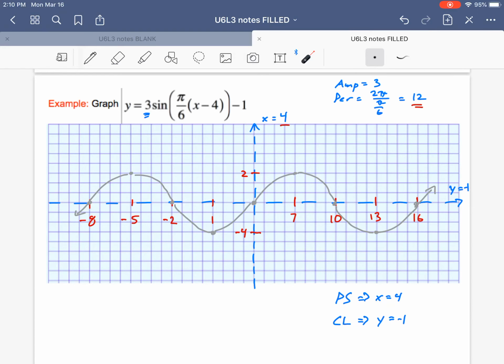One other thing, I mentioned that these values, the phase shift and center line, I dotted them because I wanted to see if I can plot the axes. Well, it looks like I actually can, right? If this is 2 and this is -1, well then right here is going to be the x-axis. So if I wanted to, I could show that, right? Like, let's use black. All right, so the x-axis is actually right here. I'm going to make it in black. Okay, and I actually did a somewhat decent job with the line. That's the x-axis. The y-axis